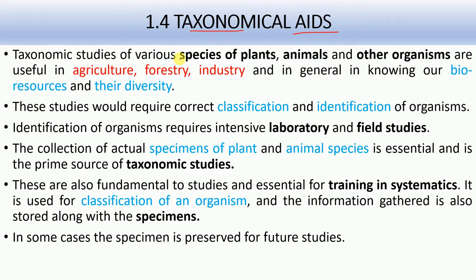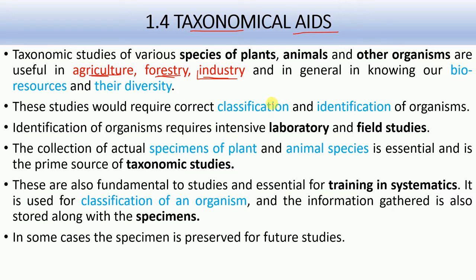So as we stated earlier, taxonomical studies of various species of plants, animals and other organisms are very helpful for agricultural, forestry and industrial purposes and also medicinal purposes. For example, by taxonomical study you can state which species of plant are useful for agriculture and which species of plant can grow in forests. We also get our cosmetic raw material from some plant and animal species, so it has an industrial purpose also. And some animal and plant species are also useful for medicinal purposes. So taxonomical studies, in short, are very useful.